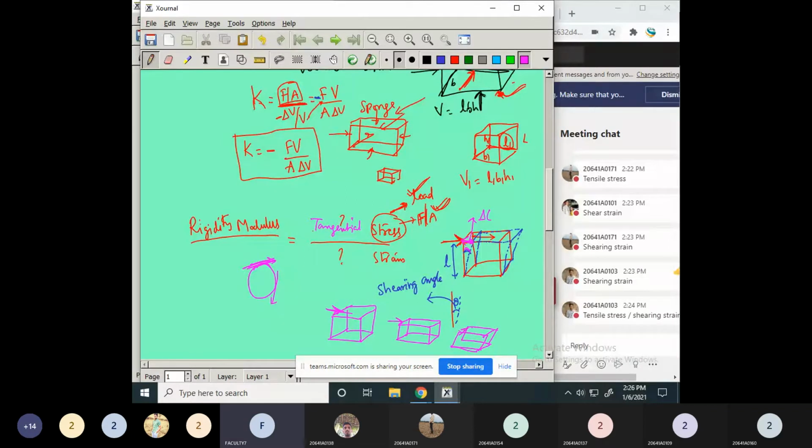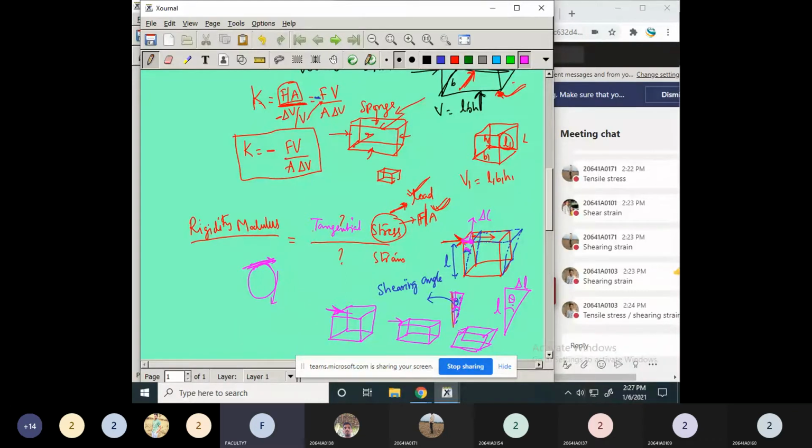Okay, somewhat like this. If you consider the initial direction and the final direction, there is some angular displacement theta. If you want, you can take a triangle here. This is 90 degrees. If you redraw the diagram like this, this is a new line. Here this is the shearing angle. This is the length L, and this is the change in the length, delta L.